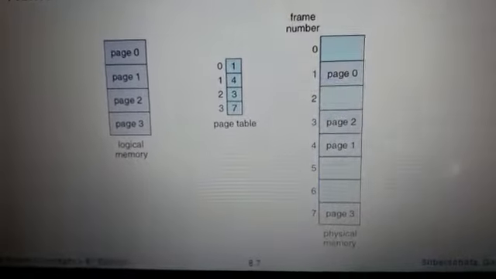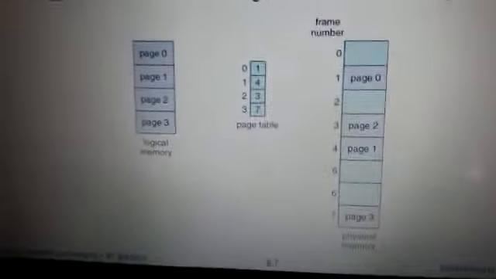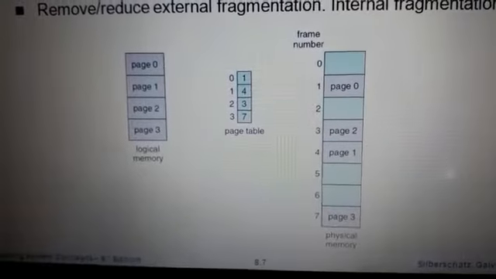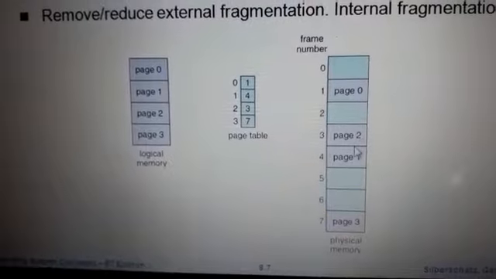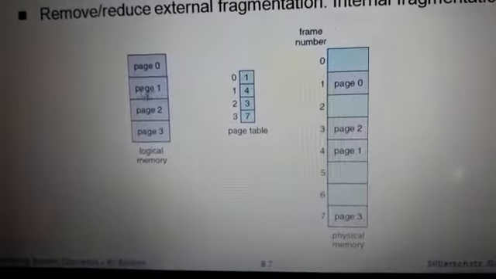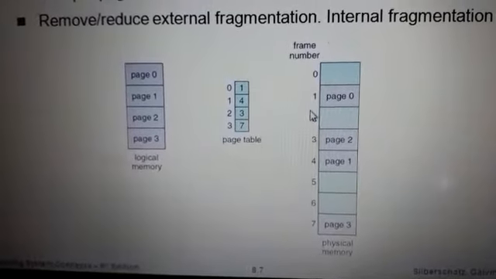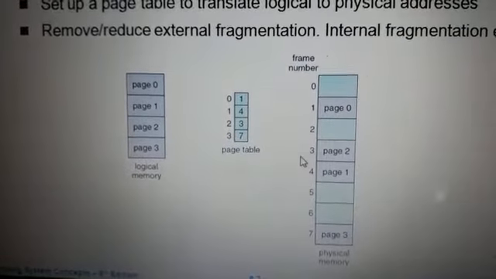In the diagram, page 0, page 2, page 1, page 3, all these are pages which come under logical memory. Then frames are allocated with frame numbers 0 to 7, so a total of 8 frames exist in this physical memory,